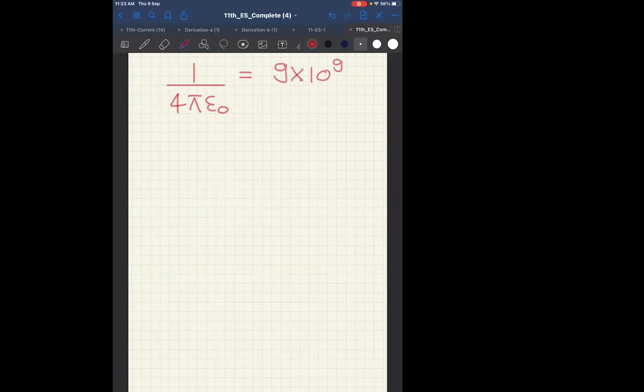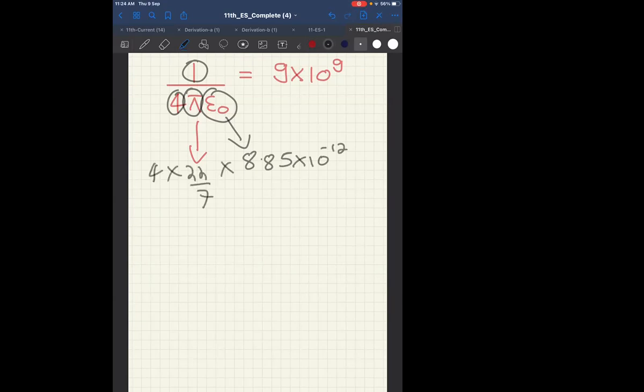I can directly write 1 by 4 pi epsilon naught is 9 into 10 power 9. I'll tell you how. Because you know the value of 1, you know the value of 4, you know the value of pi, and now you even know the value of epsilon naught. Now, what is the value of epsilon naught? We just did it. It is 8.85 into 10 power minus 12. Pi is 22 by 7 into 4. If I do this calculation, I will get the value for 1 by 4 pi epsilon naught directly as 9